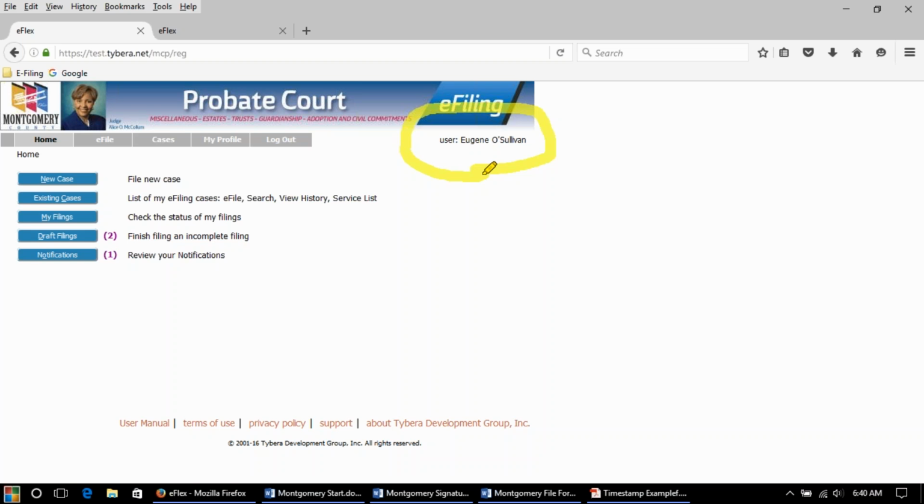Now, if you represent multiple attorneys, this will always easily identify who you're logged in as, and just be aware that any filing submissions under this particular account will automatically be associated with it. Moving over to the left side of the screen, you will see that we have 1, 2, 3, 4, 5 access buttons. These buttons are up here on the front of the screen for you because they're the ones that